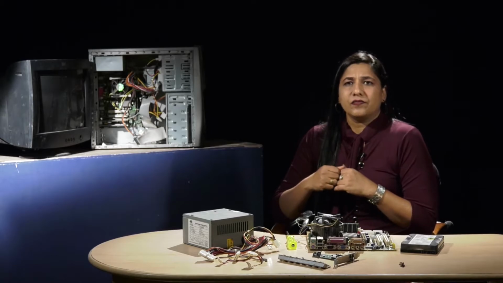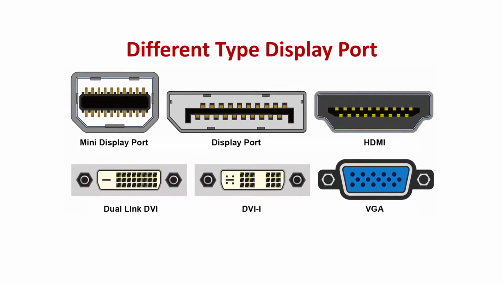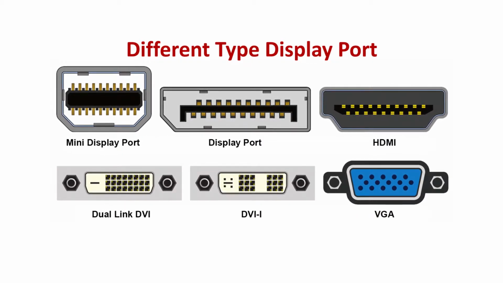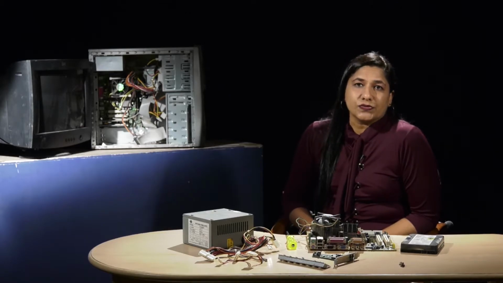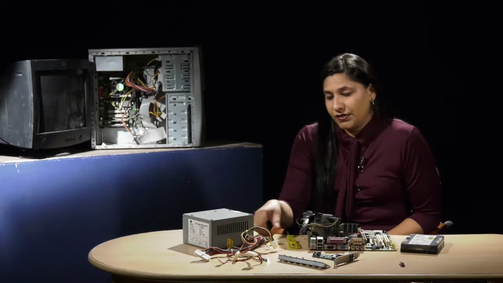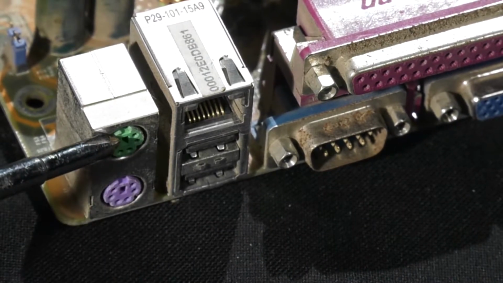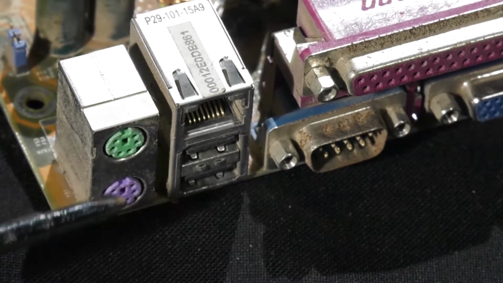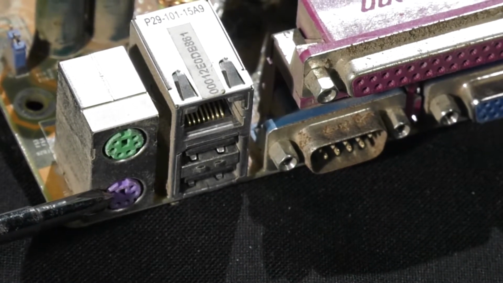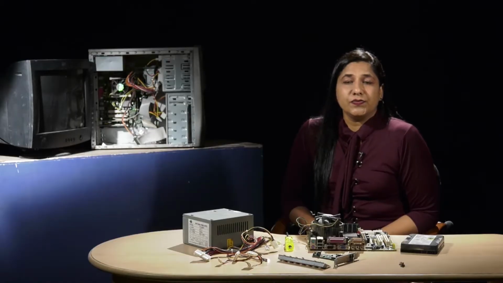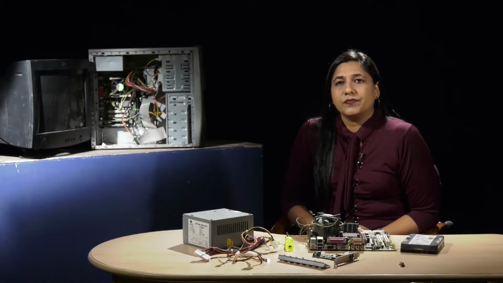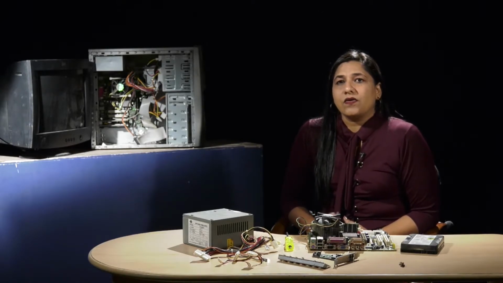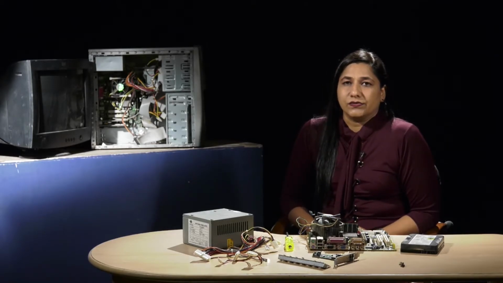There could be other types of monitor ports depending upon the make and model of your PC. So there could be DVI or HDMI ports. Then there is a PS2 port to connect your mouse or keyboard. So they are also positioned somewhere here. Mouse port is usually green, whereas keyboard port is purple. Keyboard and mouse can be connected through USB port depending again upon the connector provided on your mouse or keyboard. So there are many USB ports to connect all these peripherals at the back side also.